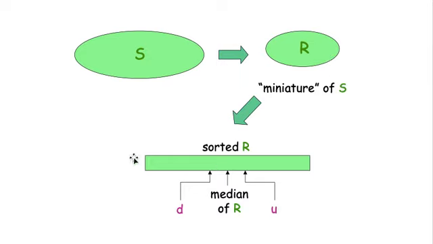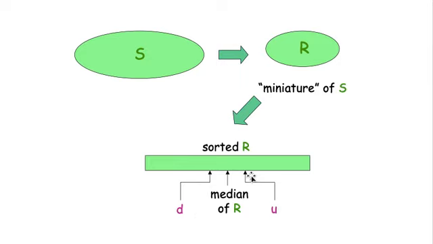After sorting R, we arrange the numbers in sorted order, so we know clearly what the median of R is, and we look at the numbers with distance square root n away from this median. One of them we call D, and the other we call U. Notice that D is smaller than the median of R, and U is greater than the median of R,